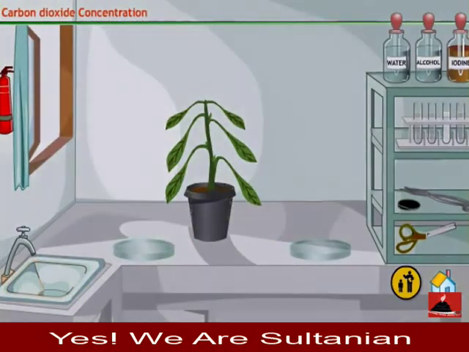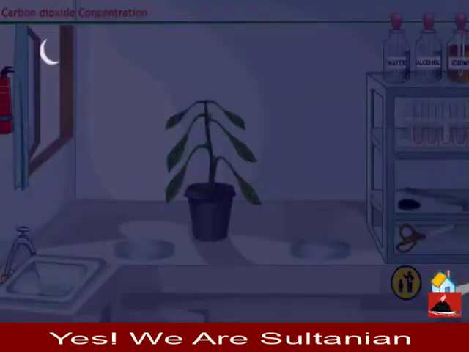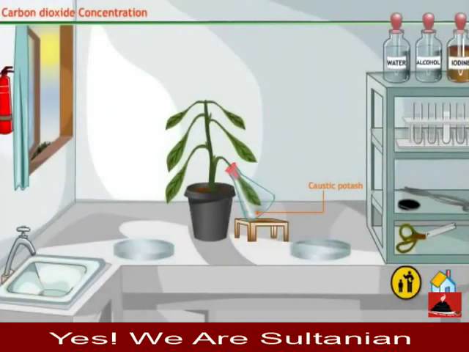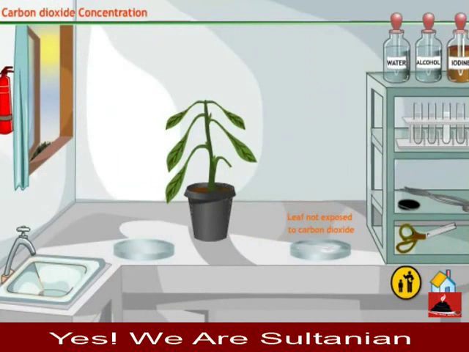Keep a potted plant in the dark for a day. No starch will be formed in the leaves due to lack of sunlight. Insert a leaf of the plant in a bottle containing caustic potash. If the leaf is tested for the presence of starch the next day, it will not show the presence of starch